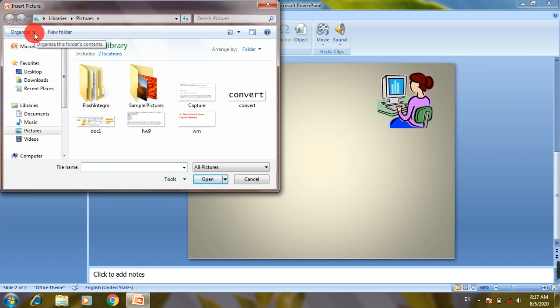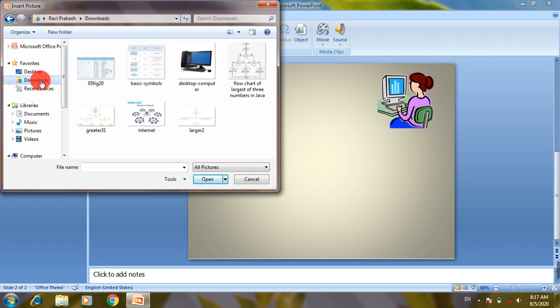So now navigate to your picture file where you have stored in your computer. I mean the location or the folder or the drive where you have kept your file. So I have kept my file in downloads folder. So I will click here downloads, and I have here several pictures, but I will choose this one picture. After selecting this, click on insert button.